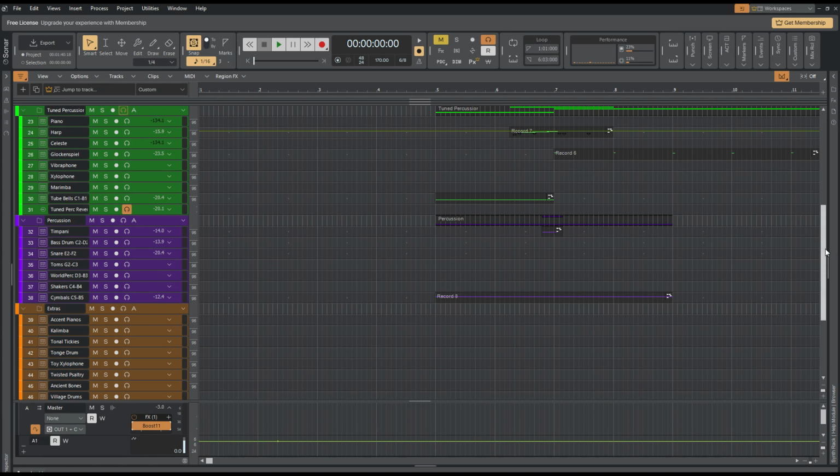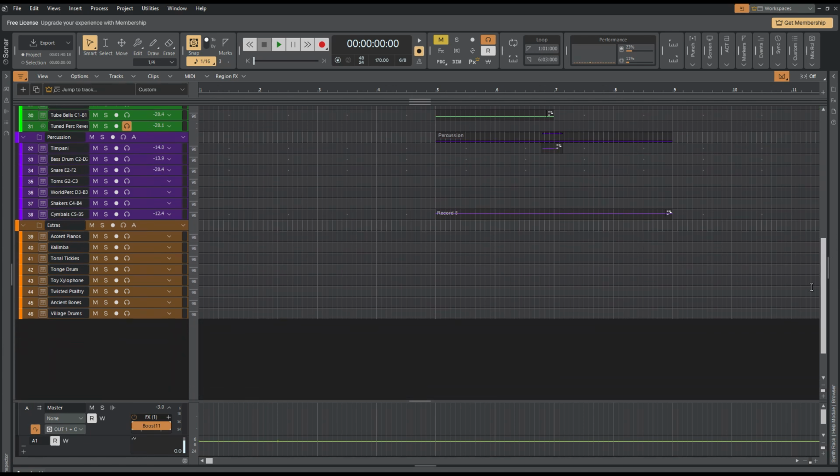For the extras, I basically included everything else. The accent pianos are very usable along with the symphonic orchestra. The kalimba, there's tonal tickies. There's a lot of tonal tickies in that library. I just picked one and threw it in there. Again, the xylophone, the twisted psaltery, very usable, good horror sound effects. Ancient Bones has got some weird woodwinds. And of course, I put in the village drums just in case you need a drum set to go along